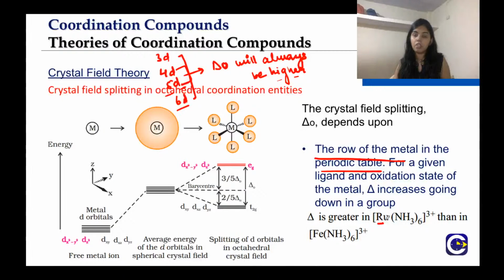So here if you see ruthenium and iron, right? So delta O will be greater for ruthenium than that of iron. They are having the same oxidation state and also they are having the same ligand, right? Next,